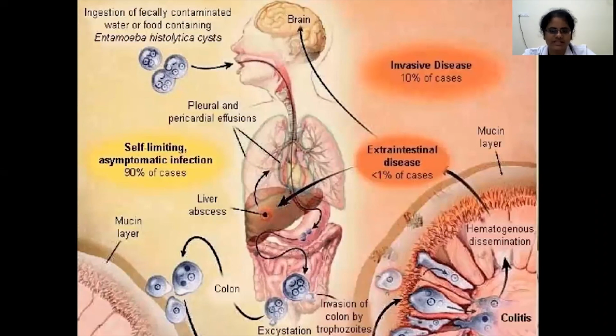Or it can present as pleural effusion in association with a liver abscess. Or it can present directly as pulmonary amoebiasis. In pulmonary amoebiasis, usually shortness of breath, cough, and dyspnea will be there. And if it's a hepatobronchial fistula, coughing up of copious amounts of necrotic material will be there.